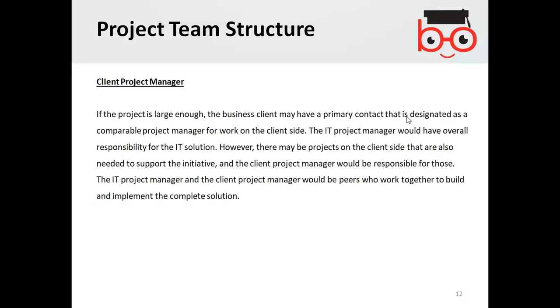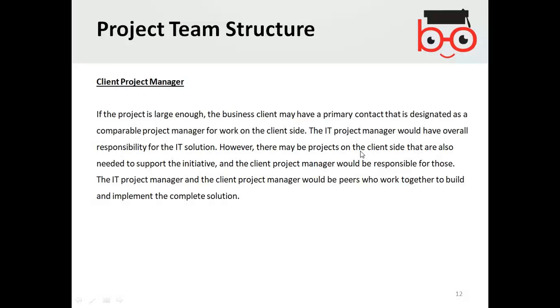communicate with the clients. The IT project manager would have overall responsibility for the IT solution. Probably the IT manager of a company, who is responsible for managing the IT resources, could be the client project manager, responsible for producing information about the usage of the software.